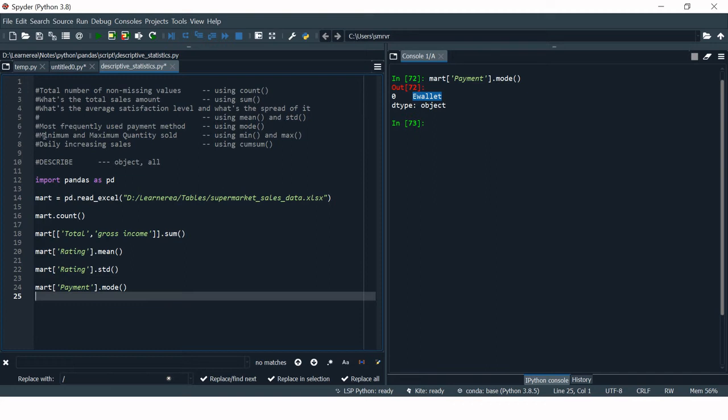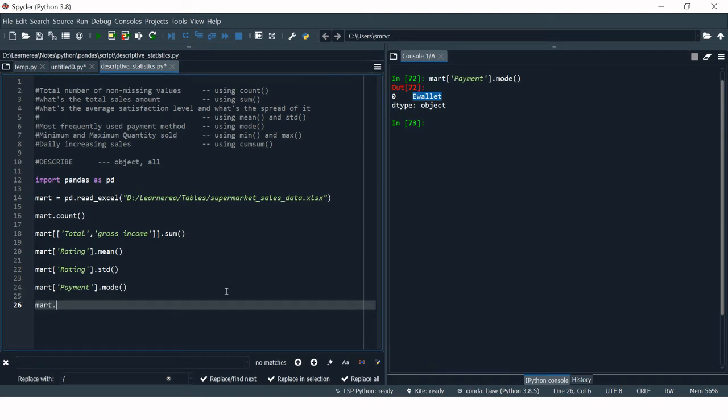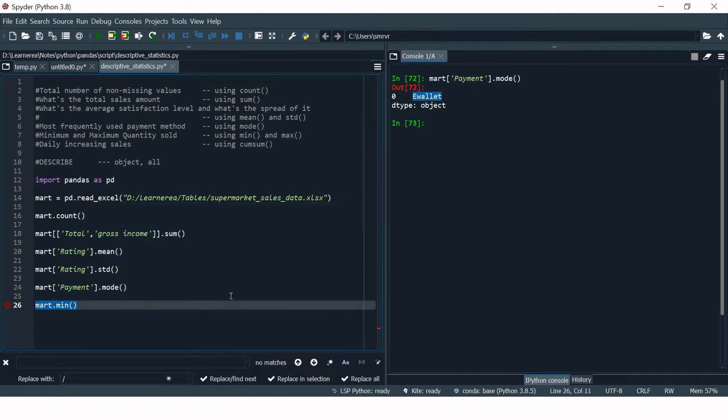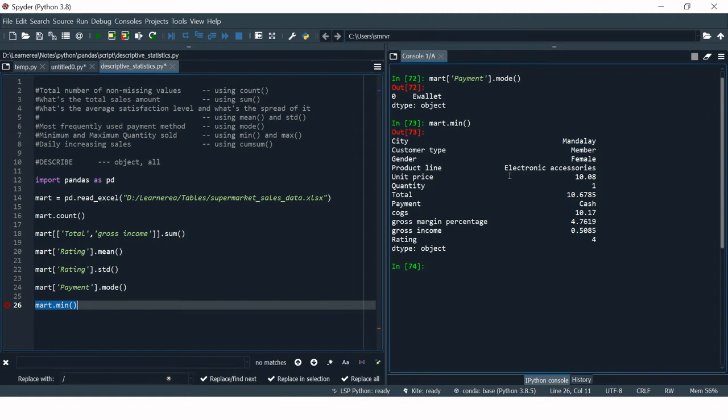Now let's see the minimum and maximum quantity which has been sold irrespective of the product. First, let's see how we can find the minimum and maximum for each of the variables. For that, it's simple: use the mart data frame dot min.